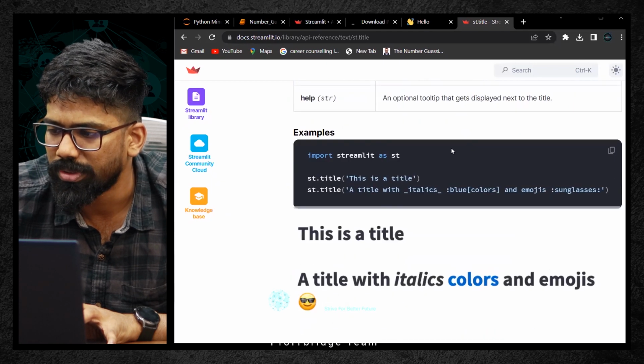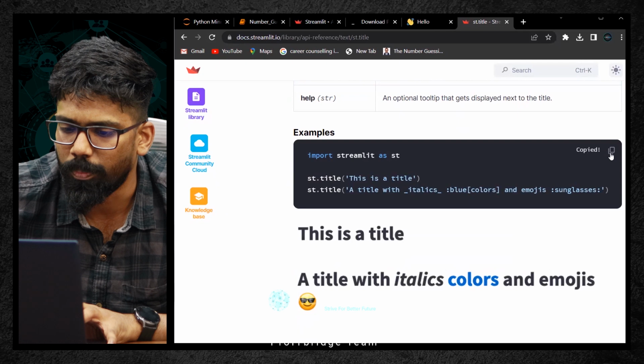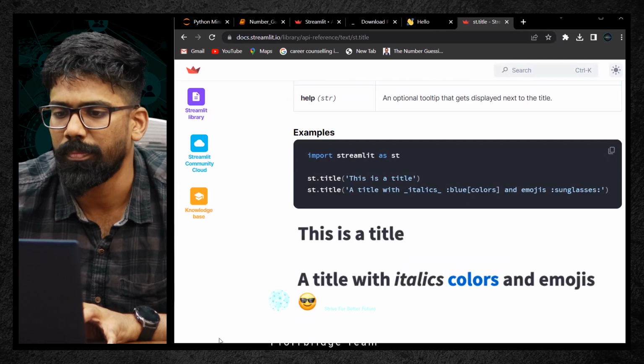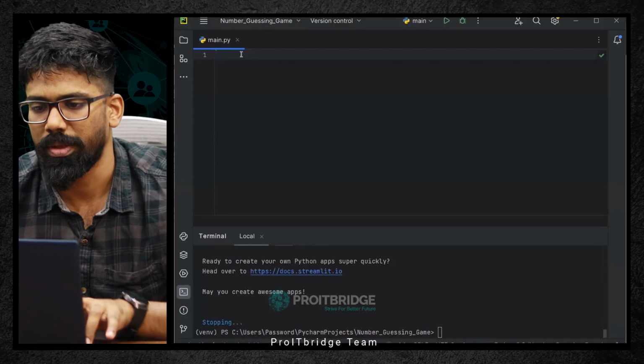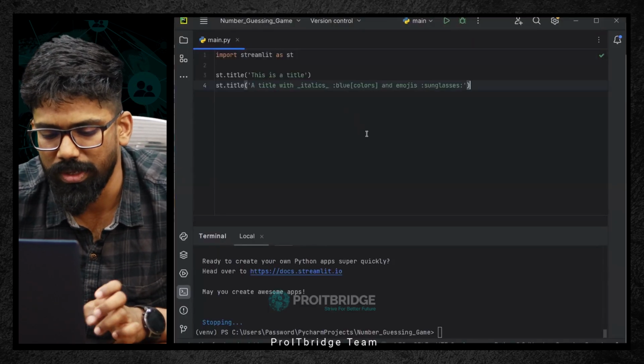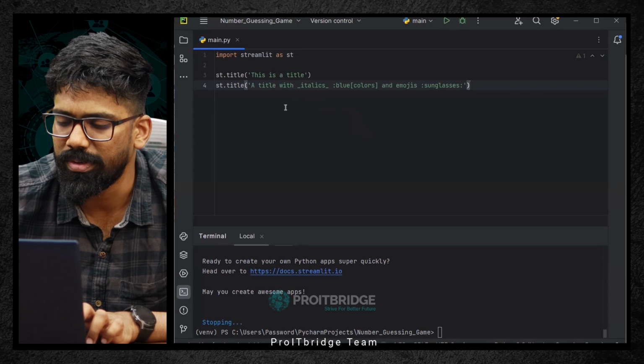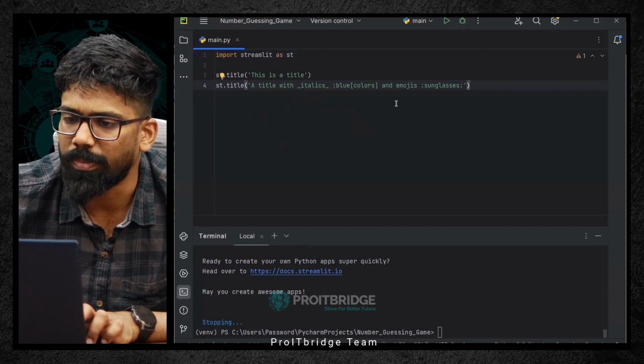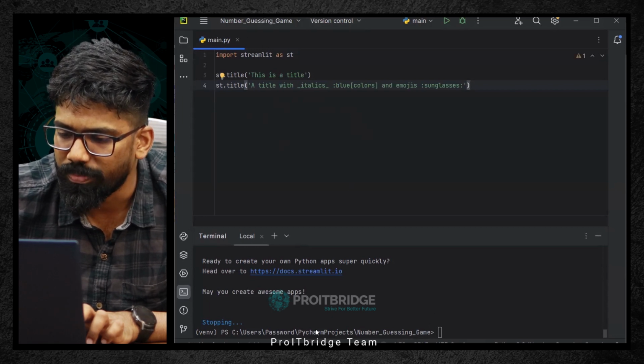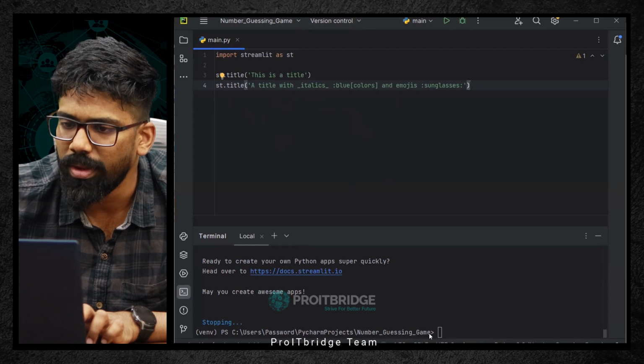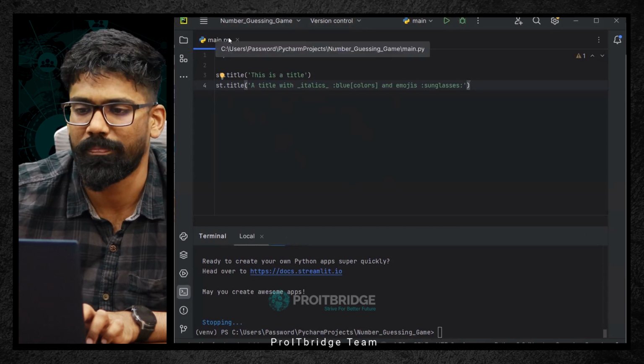So what I'll do, the script is also here. Let me click on copy. I just copied it, and I'm coming back to this PyCharm. So here, Control V. Okay. Now I'll just press Control S. I saved it. Now in order to run this particular file, in the PyCharm number guessing project, this is where my main.py file is available.